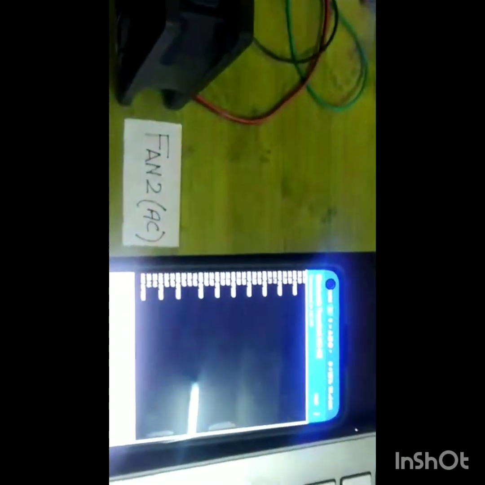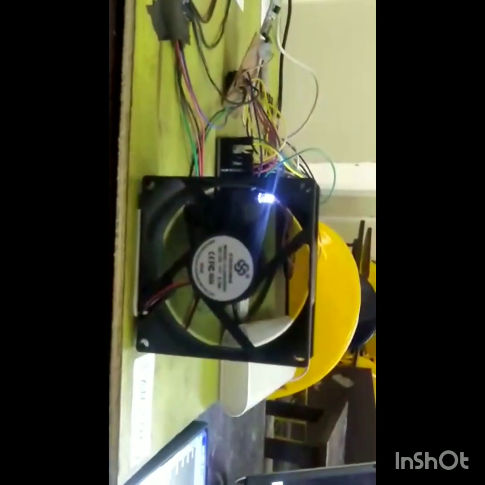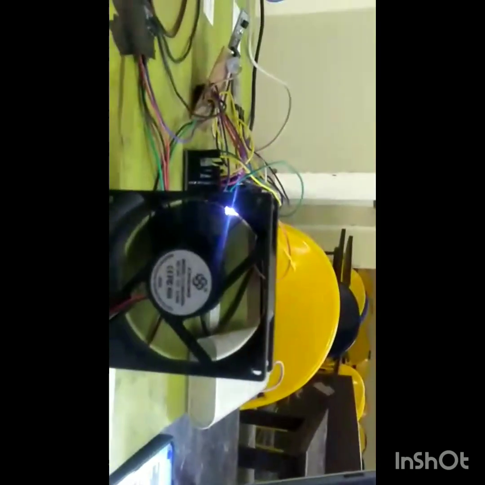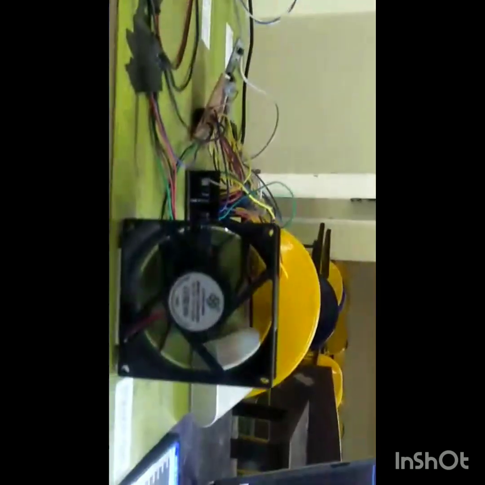We can see that the temperature inside the room slowly increases. The temperature is now beyond 40, so it is at high speed. See the high speed. Now see the speed of the fan. You can compare that previously the speed of the fan was lower and now the speed of the fan is higher. So this is our air conditioning controlling system that will adjust its speed.